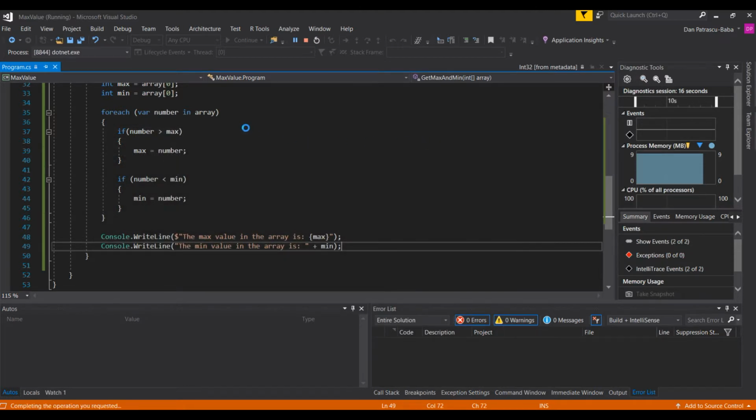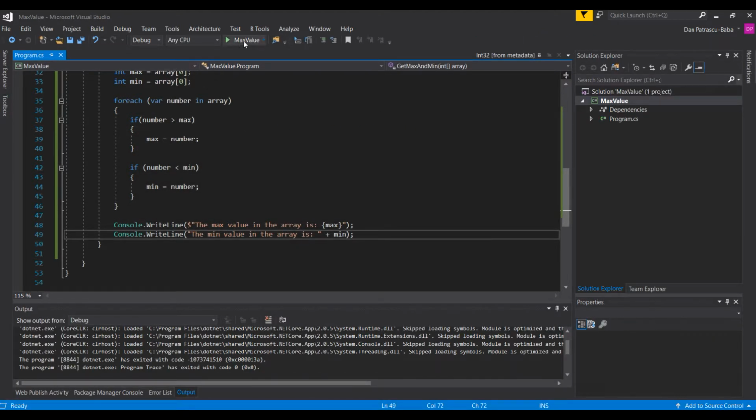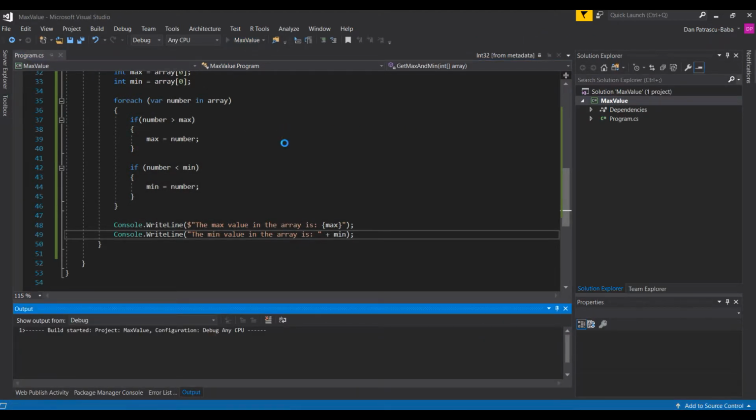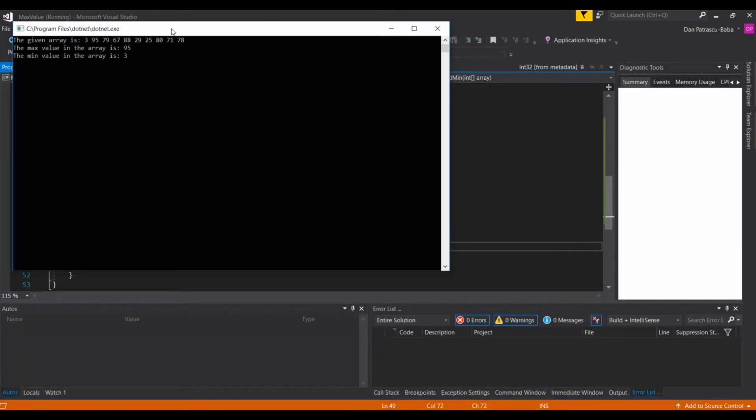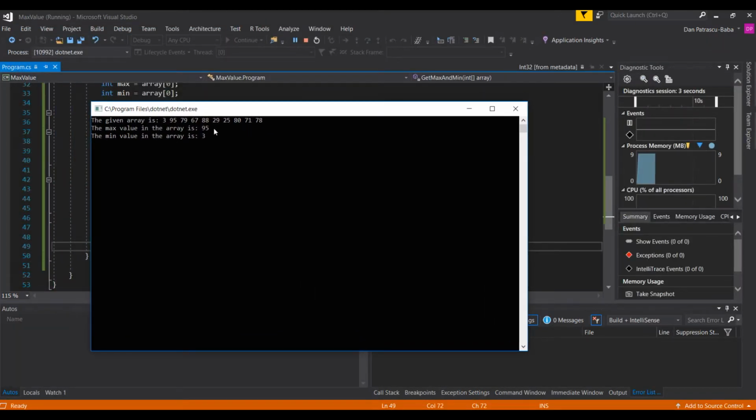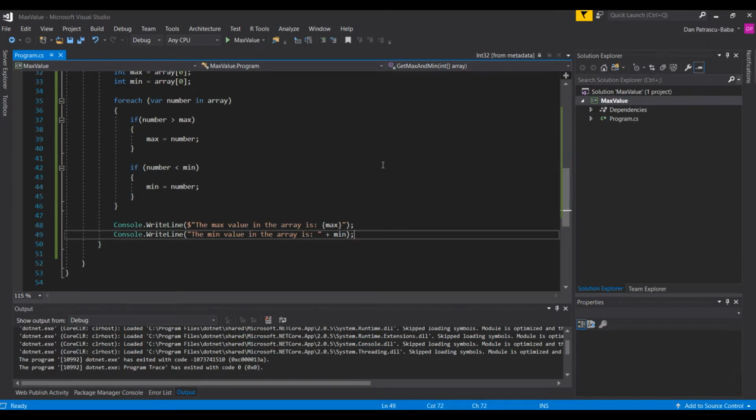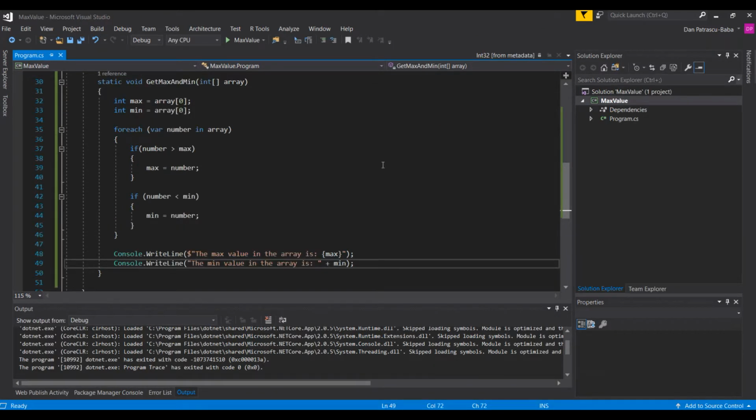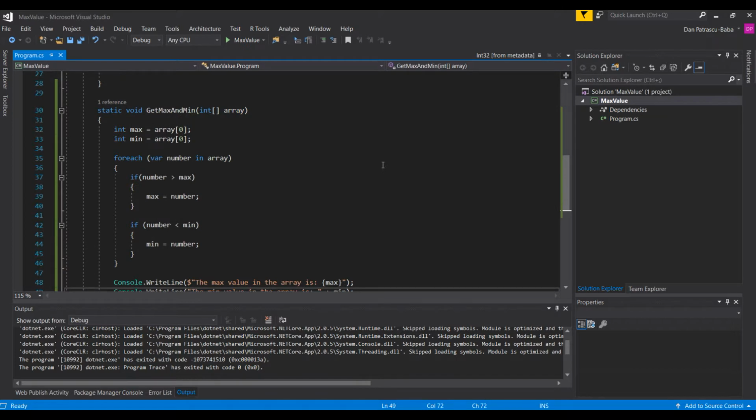Let's stop this program and run it again to check with a new array of random numbers. Here the highest number is 95 and the lowest number, the minimum value, is 3. So our very basic sorting algorithm, sorry, this is not sorting, that's finding a minimum and the maximum value